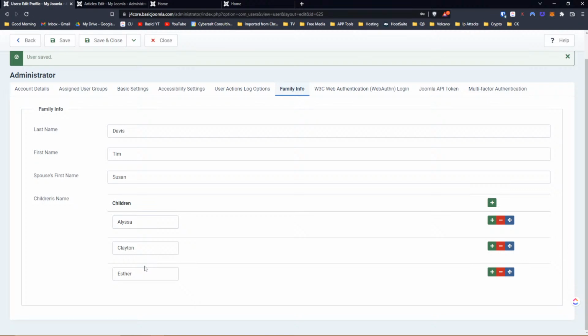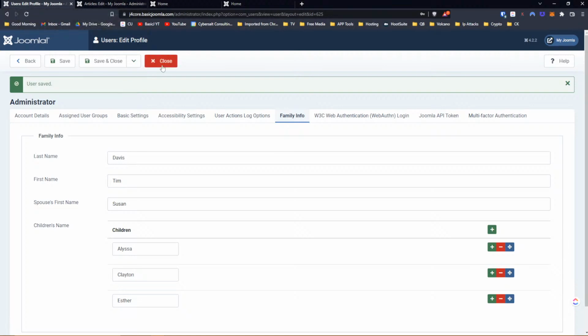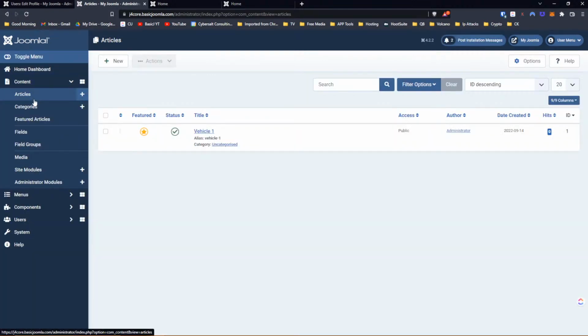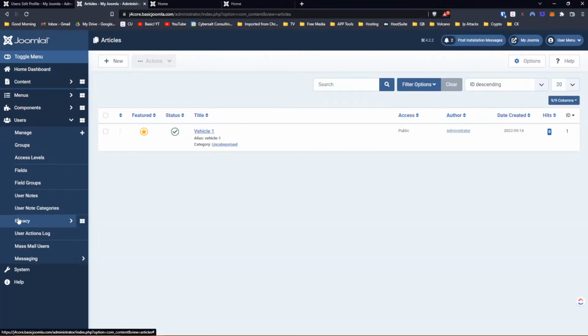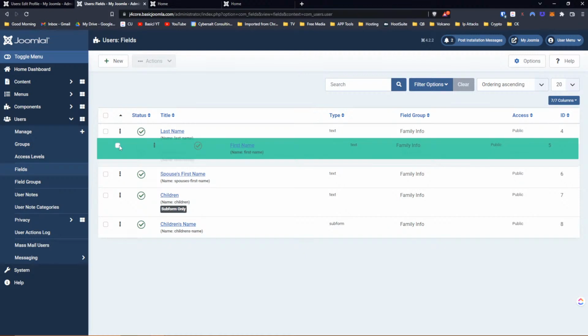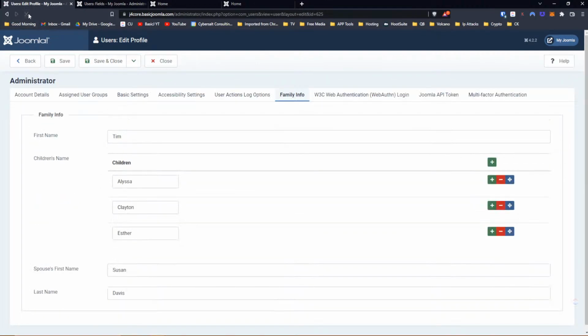Yeah, and George is wondering about moving fields around. Yes. First of all, I think you can organize the field order by changing the order of the fields. Let's just save this here, and close this. Let's go to users, fields. And we do have order here. So let's say we want it to ask for the first name of the person, spouse's first name, and then ask for the name of their children. I think if we refresh this here, excuse me while I just